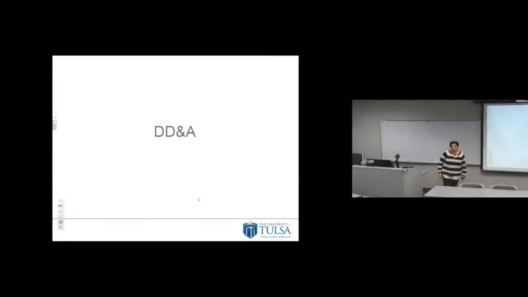Okay, now we're going to talk about DD&A. DD&A stands for depreciation, depletion, and amortization. Again, we're in the successful efforts method right now. We'll be learning full cost later. So in the successful efforts method, we've spent a lot of time talking about what is going to be capitalized